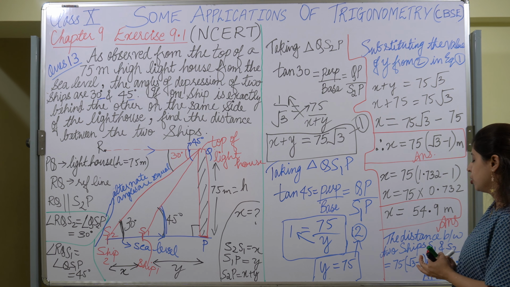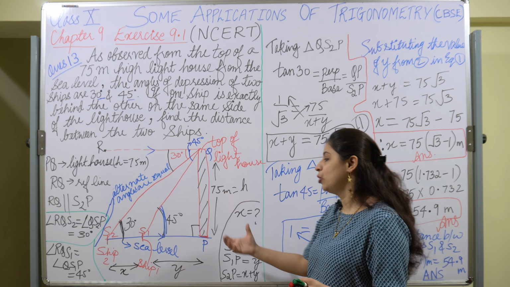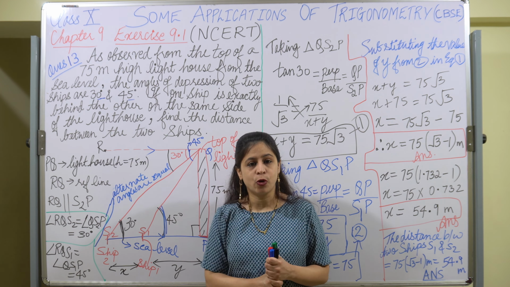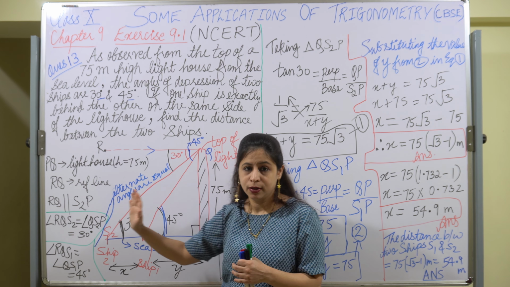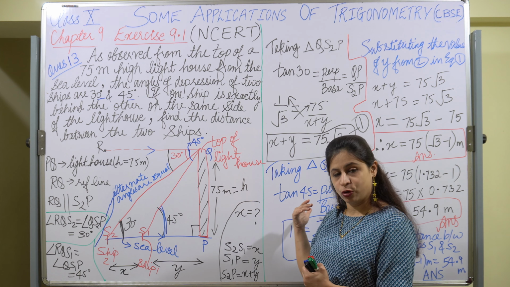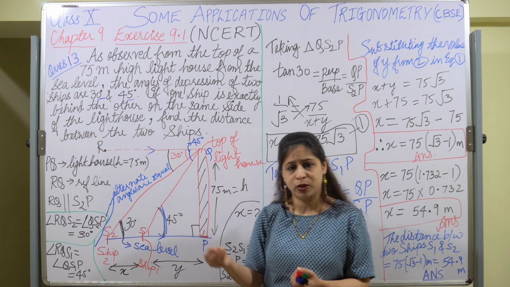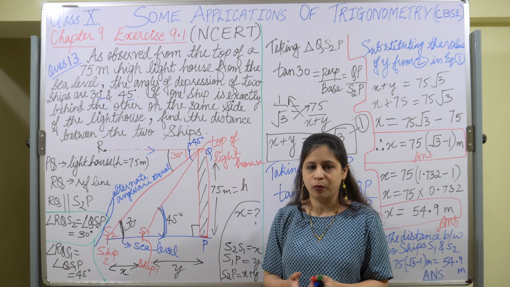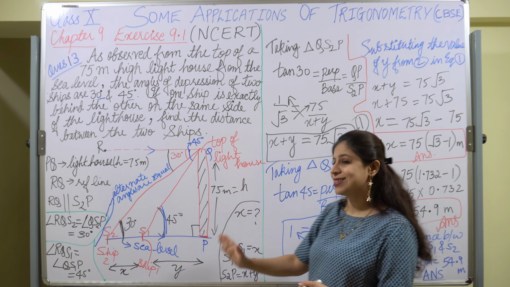So in such a manner we need to solve such types of questions. Actually, the figure is of utmost importance. The main thing was that the ships were drawn on the same side. If you are taking this side, you draw both the ships on this side. You can take any variables, you can mark S1, S2, A, B, it hardly matters, but the main thing is that they should be taken on one side only.